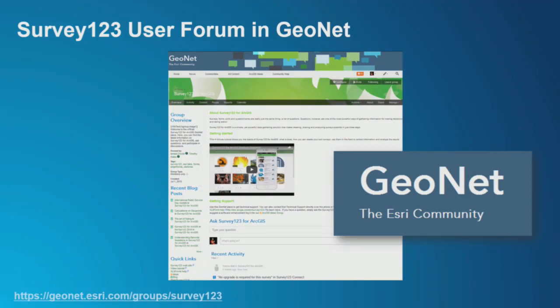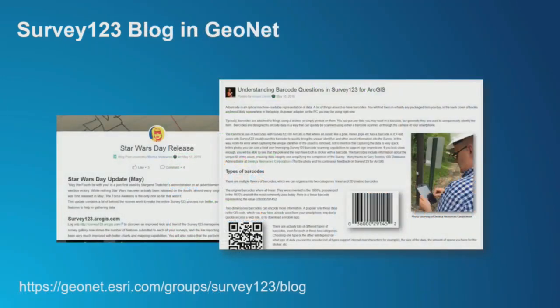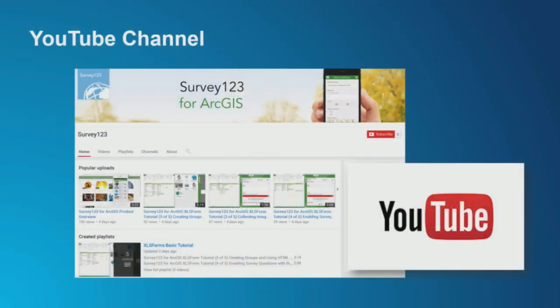In the GeoNet group, so we have a Survey123 GeoNet group where the community can ask questions. We actually have a blog where we cover specific things about using XLSForms. We in fact have a YouTube channel where there are tutorials that teach you XLSForms. At first, they may seem a little bit intimidating, right? It's a big Excel file with lots of columns. But I can tell you, if you spend just one afternoon trying to really go through the doc, understanding, reading a little bit,